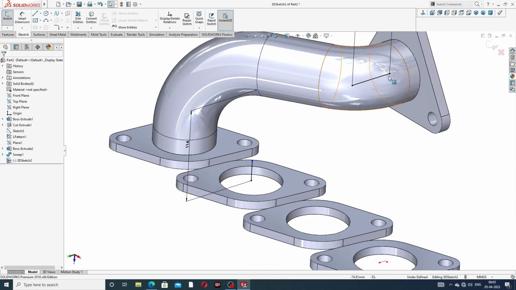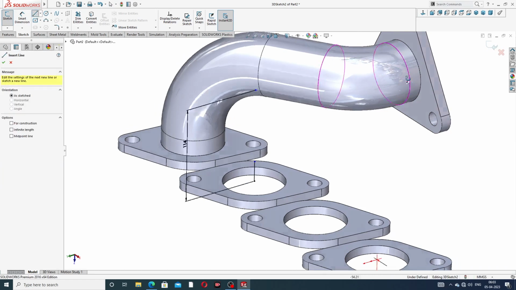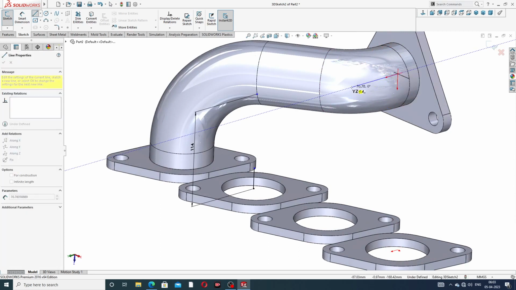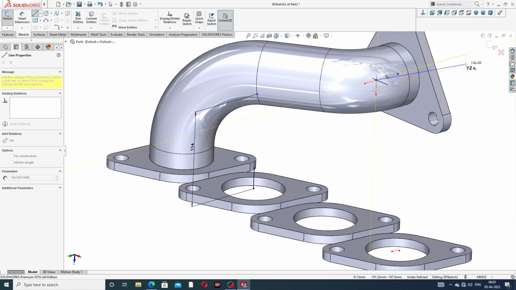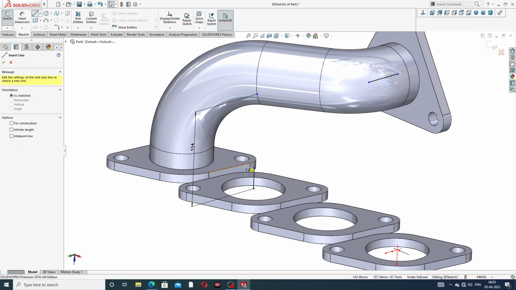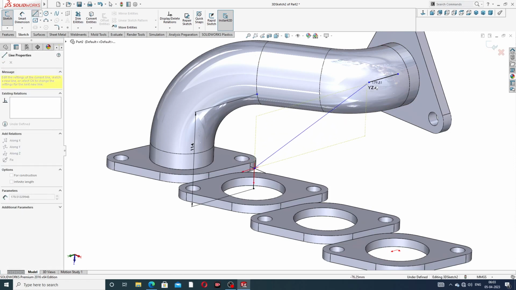This line is not delete here, and use this and this center is okay. This is use this, okay, and again select this to this, connect to this,